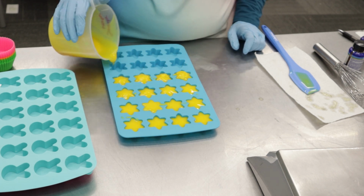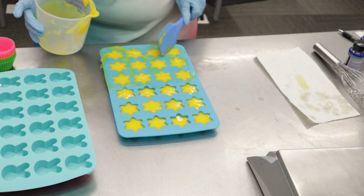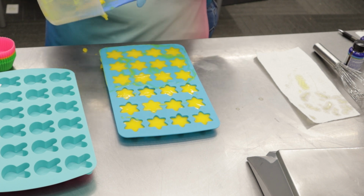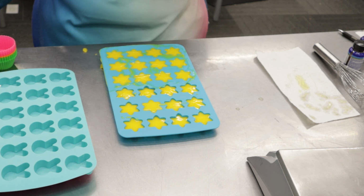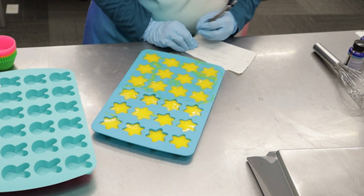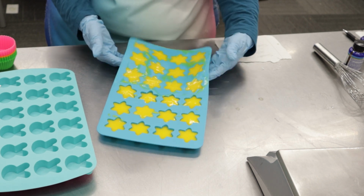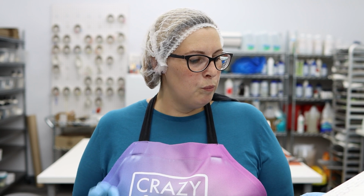I don't know, guys. This is really yellow. I am going to make a note that this was extremely yellow. Gosh, I don't even know how comfortable I am with it. I might have to test this one with colorant just to see if it does this color to a tan, what is it gonna do to my colors? I'm shocked, guys. I was not expecting this yellow color. Ooh, okay, so we'll see what happens after saponification and the process, but I will let you see that tomorrow when we unmold. Next we have Brown Sugar Fig, and this fragrance is supposed to smell like rich brown sugar